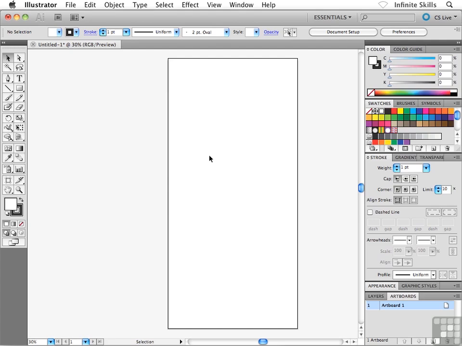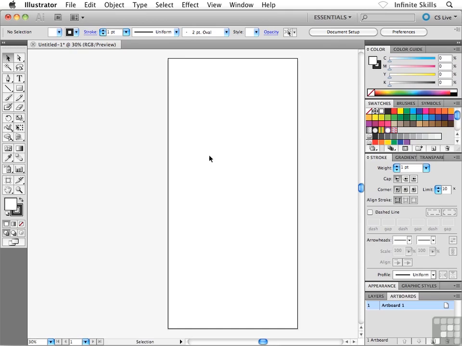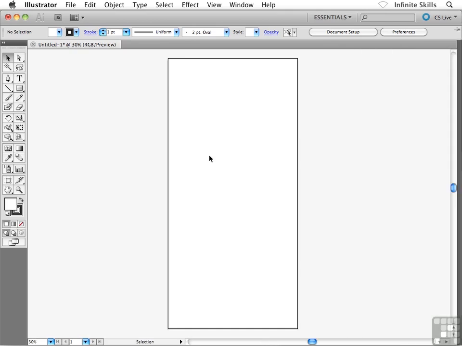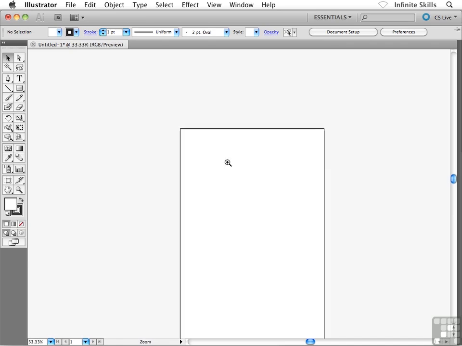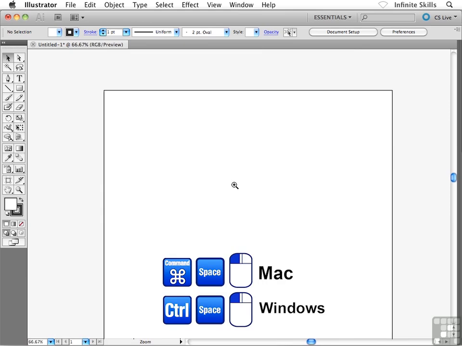The first thing that I'm going to do is I want lots of space to work with here. So I'm going to hit Shift-Tab on my keyboard. And what that does is that essentially collapses all of the panels that we have in Illustrator over on the right-hand side, but it keeps the toolbox over on the left-hand side still open. And I can hit Shift-Tab again, by the way, if I want to bring everything back to life. So it's just a toggle there, Shift-Tab, kind of a neat one. Okay, I'm going to zoom in as well by holding down Control or Command Spacebar and clicking with my mouse